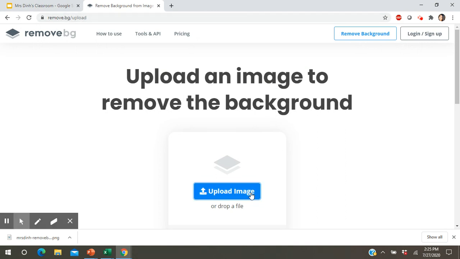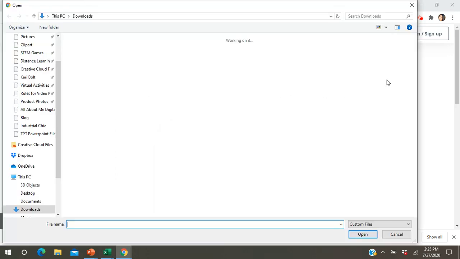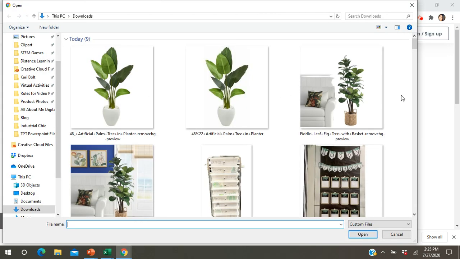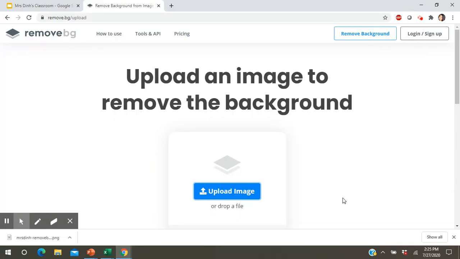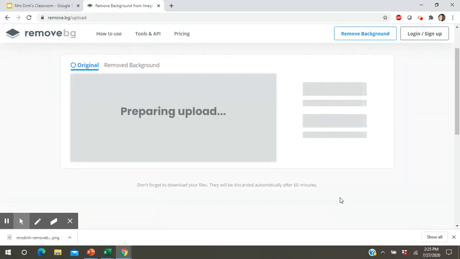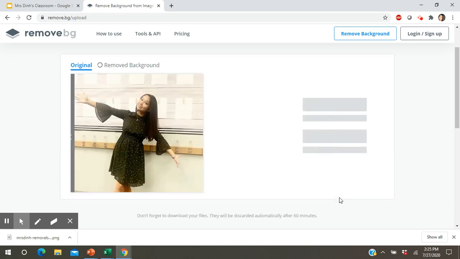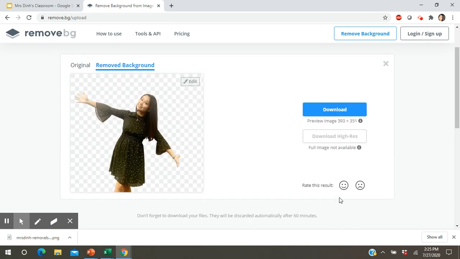remove.bg/upload, and I'm going to upload the picture that I want. And then this free website is going to remove the image for me. So, and I really love this because it's so easy and it's free and it's instant. So that's the original, and then that's the image with the removed background. So I'm going to click to download,